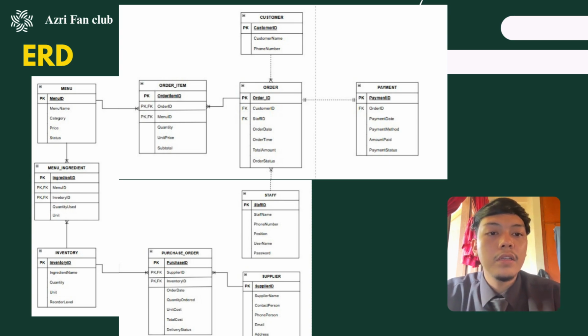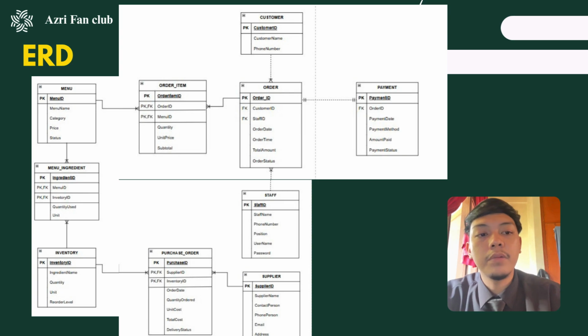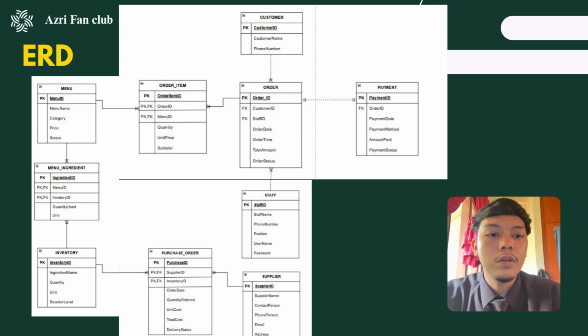Finally, the payment table is linked to the order table through order ID, where order ID is the primary key in the order table and a foreign key in the payment table. This represents a one-to-one relationship, meaning each order has one payment record and each payment belongs to one order. In conclusion, this ERD represents the complete workflow of the